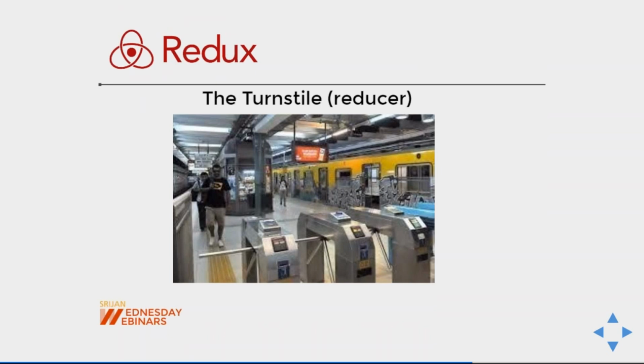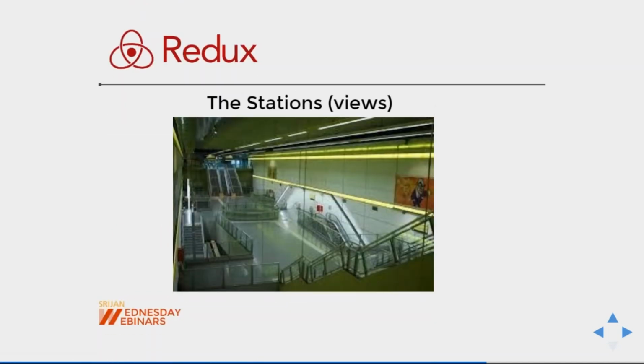Now new passengers will onboard. So what is happening at this point in time? The total number of passengers is getting updated in the store object. This is actually the reducer function of your Redux. Every time the reducer is called, you are always going to get a new state object. It means a new number of passengers is going to be there in the store, in your subway train. And finally, your station. These are your React components, where you will be able to see the updated number of passengers boarding and deboarding.